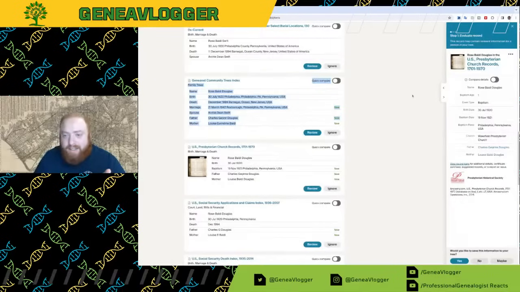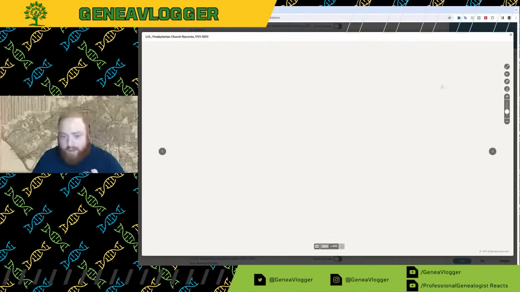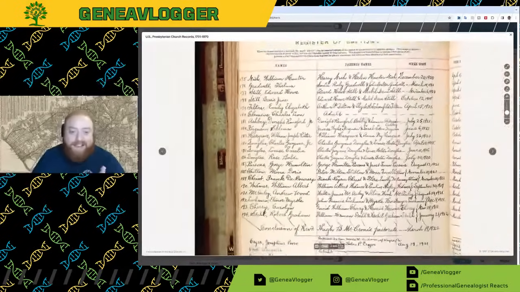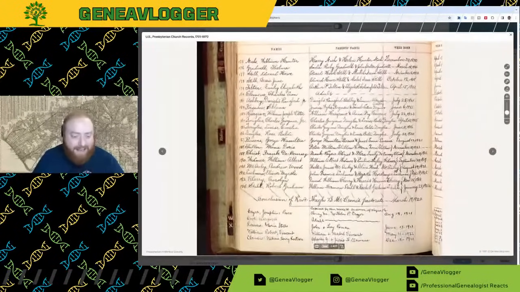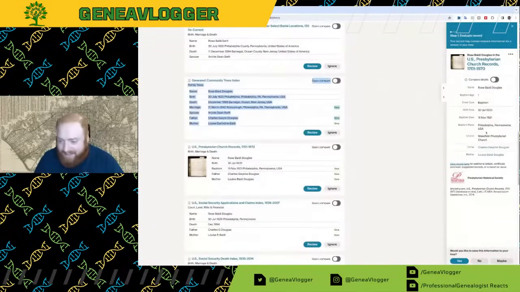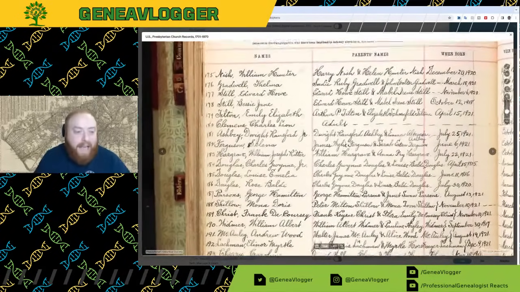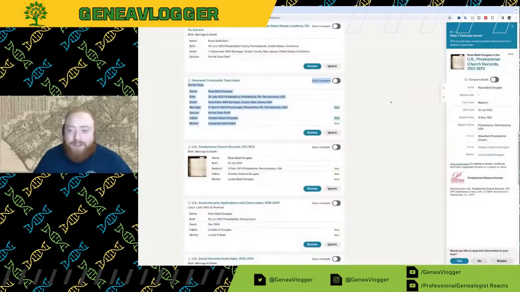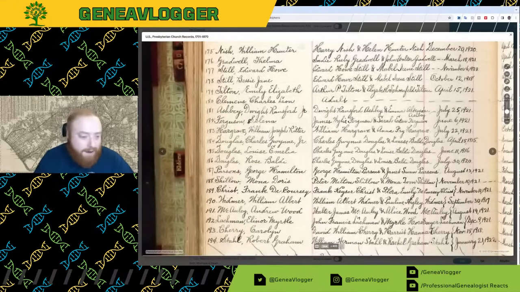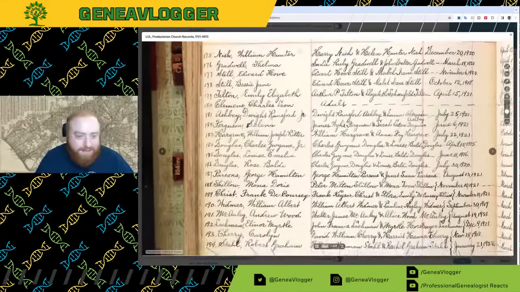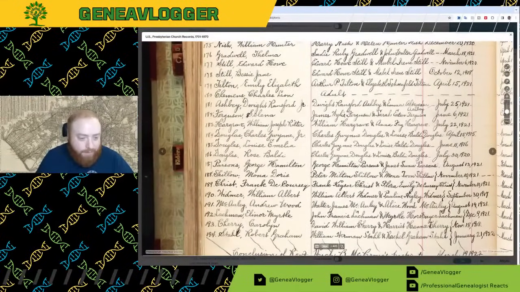And you don't always necessarily need to do it, but if it's a record that I'm not familiar with, I'll take a look at the record just to check. With this, I've never seen these records. Maybe I haven't done a whole lot of Presbyterian Church research, but I've never seen this record, so I need to actually look at it to figure it out. Now, I'm talking so much and going so fast, I didn't even remember her name. So, Rose Baldy Douglas. Here we go. We have Rose Baldy Douglas.